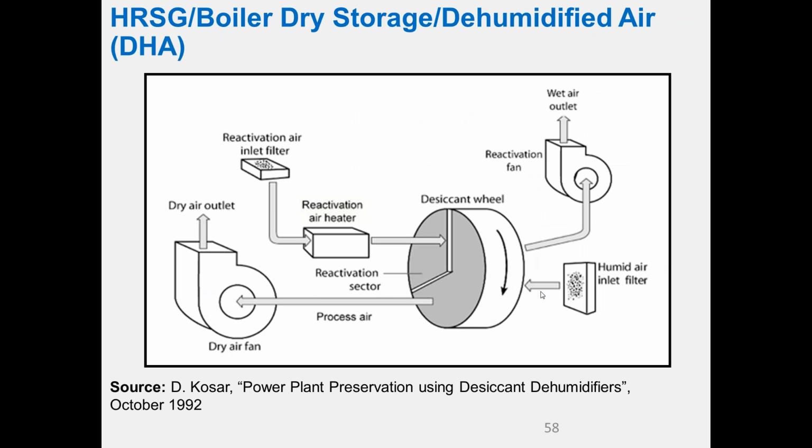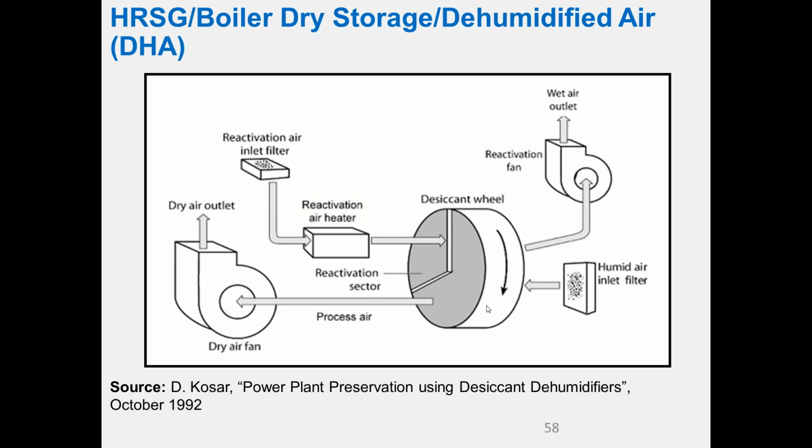humid air comes in, gets dried through that desiccant, comes out, goes into the process, and then this desiccant wheel turns. It's got an air heater. It's driving the moisture out of the desiccant, which is being ejected, and then it's being continuously regenerated and continues to be dry. And a properly sized unit will produce 5% relative humidity, and it's one of these things that